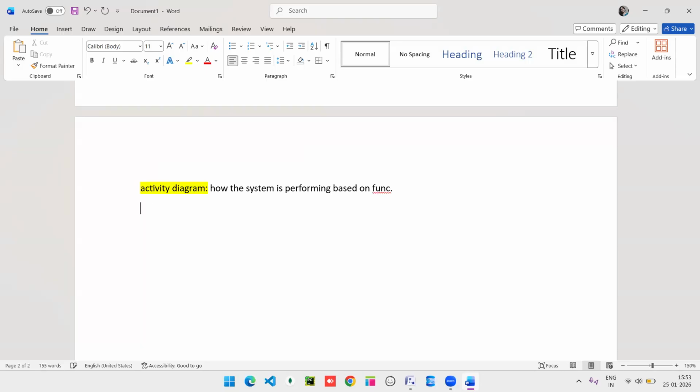Okay, so it is system perspective, because you can confirm here how your system is behaving, how your system is performing based